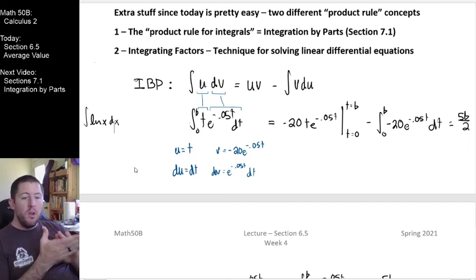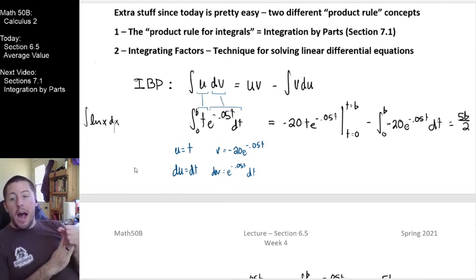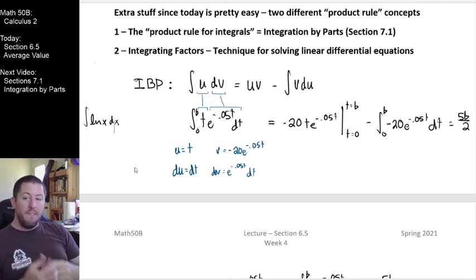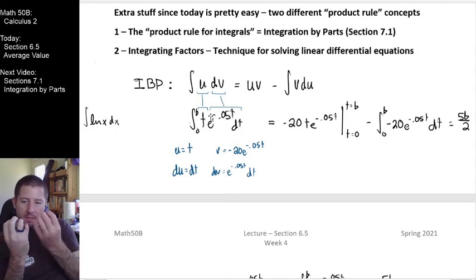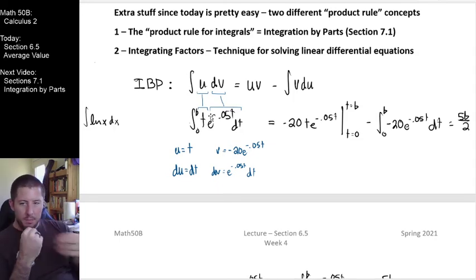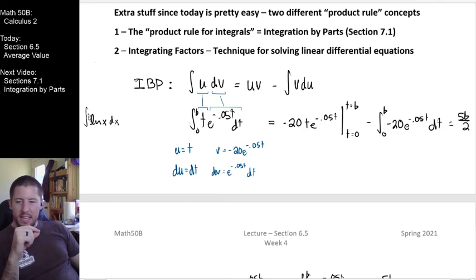Austin's question is, is e the only case where this integration by parts rule is used? No. I would say that the hardest part about integration by parts is recognizing the very broad variety of scenarios in which it is used. It is often used in cases like we had right here, where it's sort of like a product rule, where we use u to be one of the terms and dv to be the other term of two things that are multiplied. But I'm also telling you that we're going to get natural log of x's integral, and that's